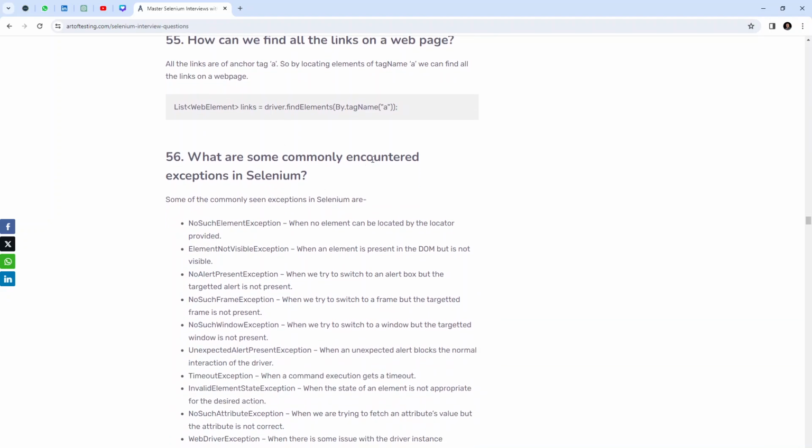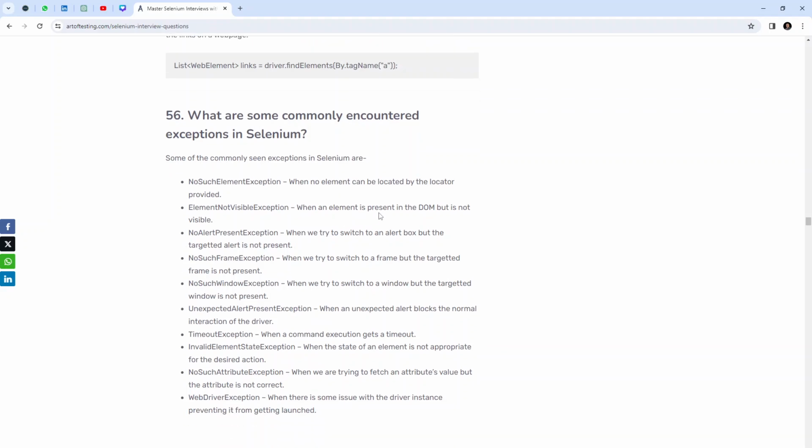What are some commonly encountered exceptions in Selenium? Some of the commonly seen exceptions in Selenium are NoSuchElementException when no element can be located by the locator provided, ElementNotVisibleException when an element is present in the DOM but is not visible, NoAlertPresentException when we try to switch to an alert box but the targeted alert is not present, NoSuchFrameException when we try to switch to a frame but the targeted frame is not present, NoSuchWindowException when we try to switch to a window but the targeted window is not present,